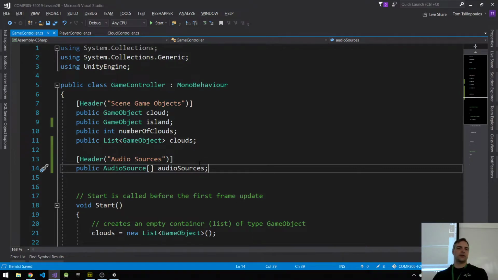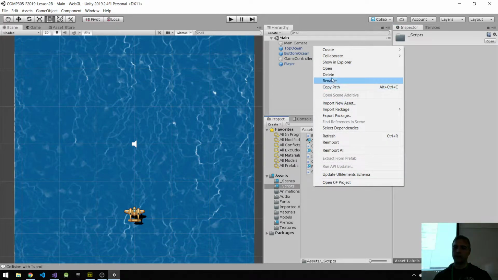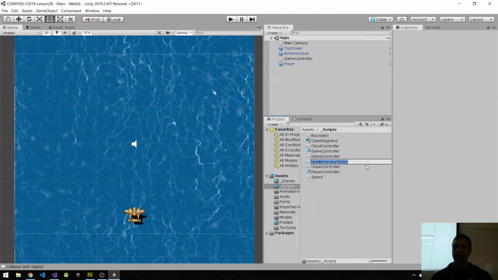Okay, this is the best way to do it. So what I want to do is include the enumeration inside of my utility namespace, util namespace, right? So first, going back to Unity, I'm going to make a new script. So right click, I'm going to make a new script, create new C# script. I'm going to call this